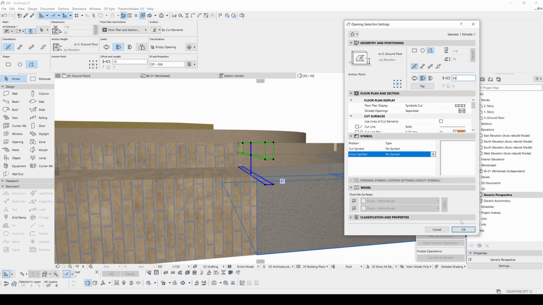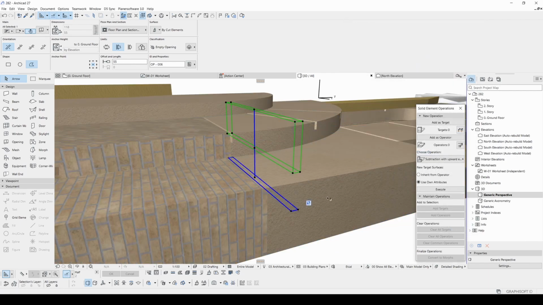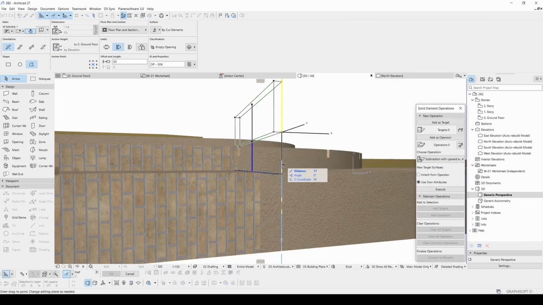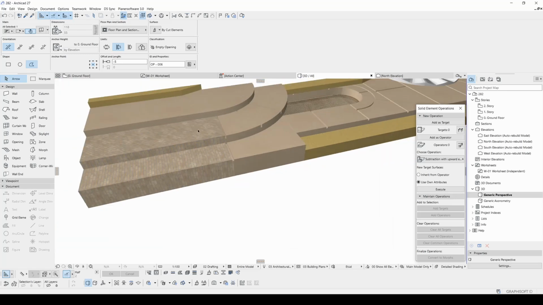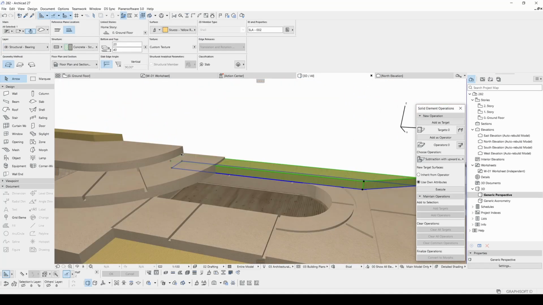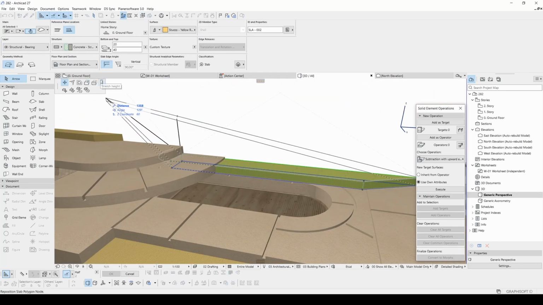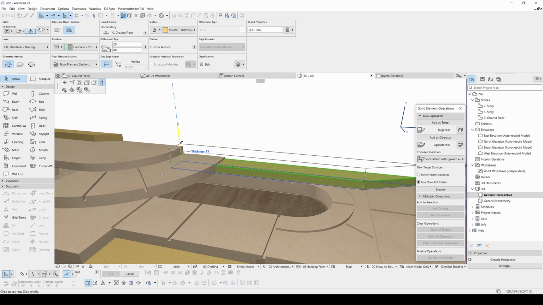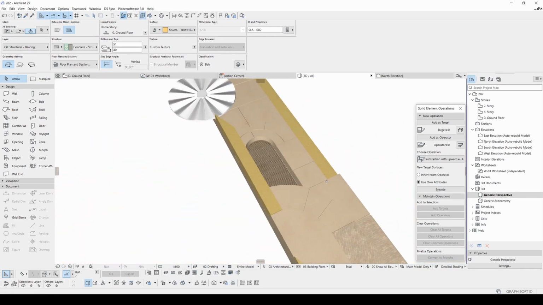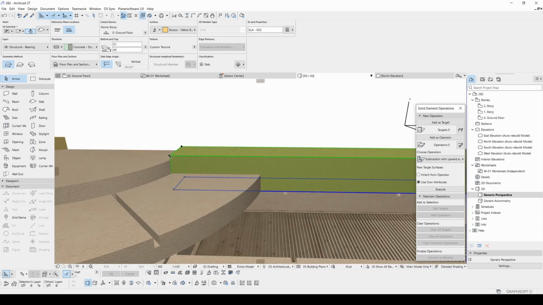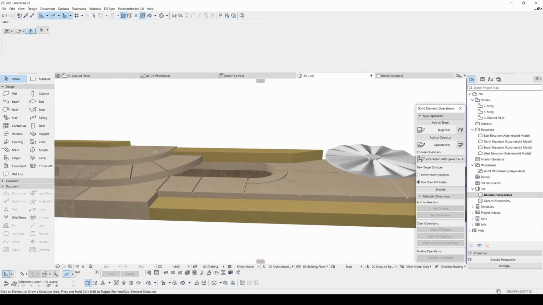For the value we will make this 55, or we can push to bottom, or we can try a different value, maybe -5. Yeah, it works now. I think we will extend this nose a little higher, and now it's better. Maybe a little less from this slab.